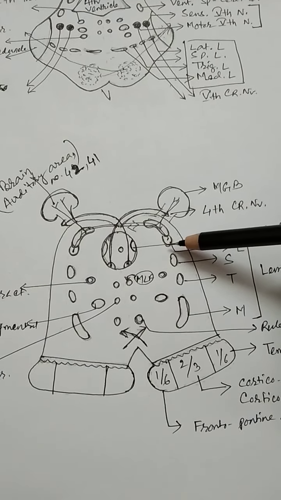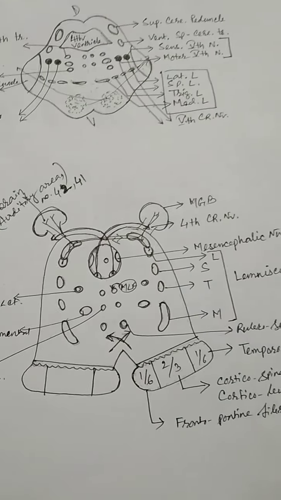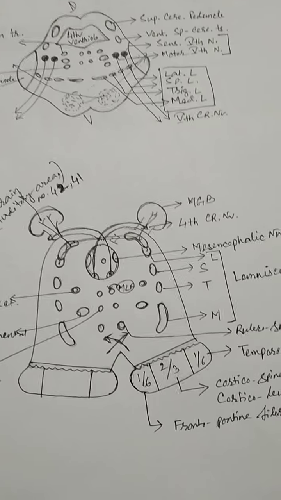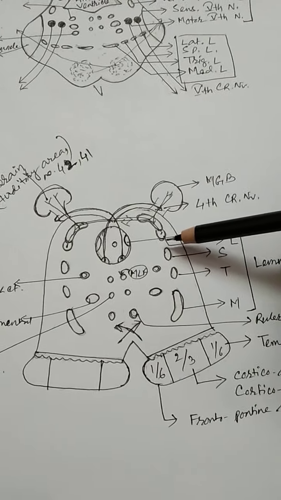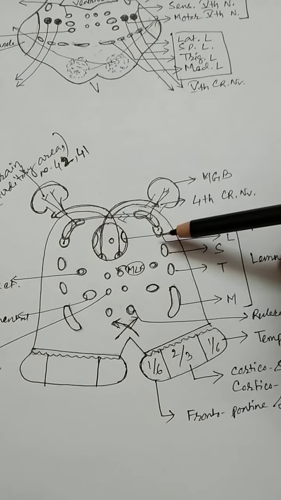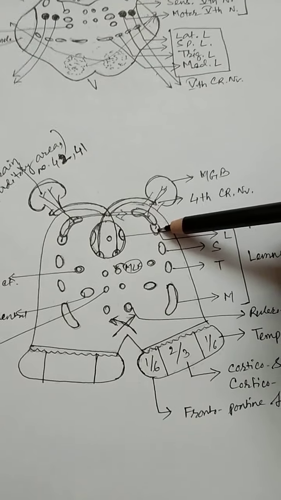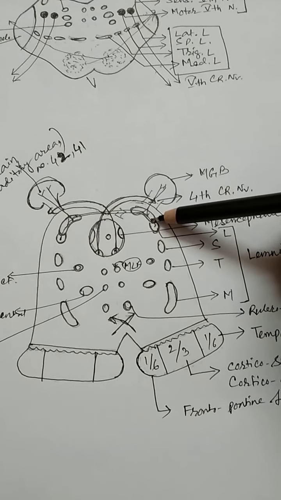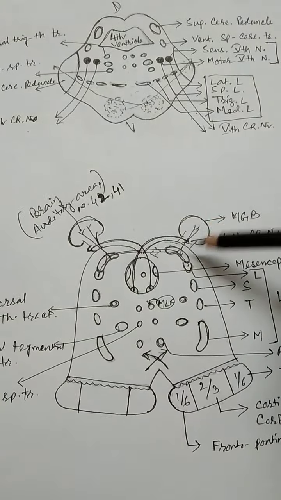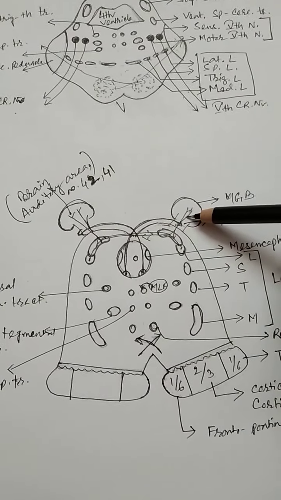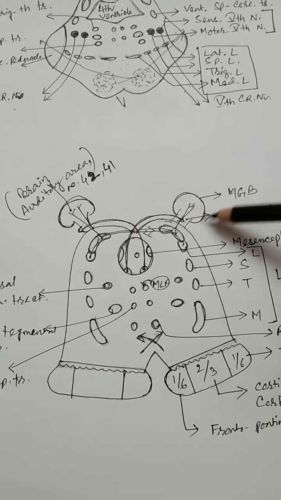The lateral lemniscus carries the fibers from the trapezoid body, as I have already said in my previous class. From the trapezoid body the fibers cross, and the same-side fibers pass above through the lateral lemniscus bundle, ultimately relaying to the inferior colliculus. From the inferior colliculus the fibers go to the opposite side, and a few same-sided fibers enter the medial geniculate body through the inferior brachium.